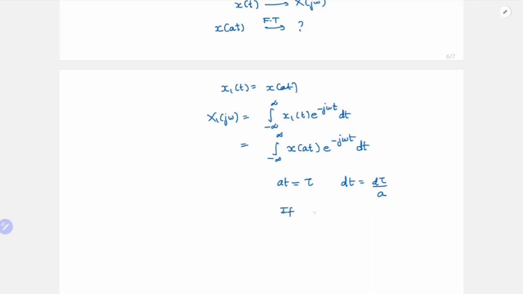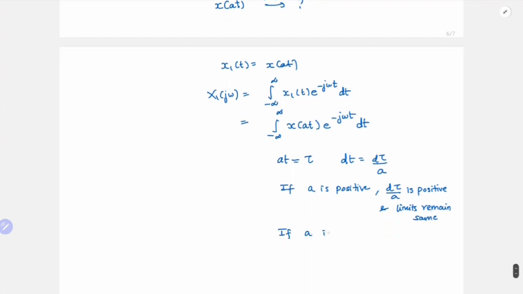So if a is positive, d tau by a is positive, and limits remain same, correct? And if a is negative, d tau by a is negative, and limits change like inverse sign,